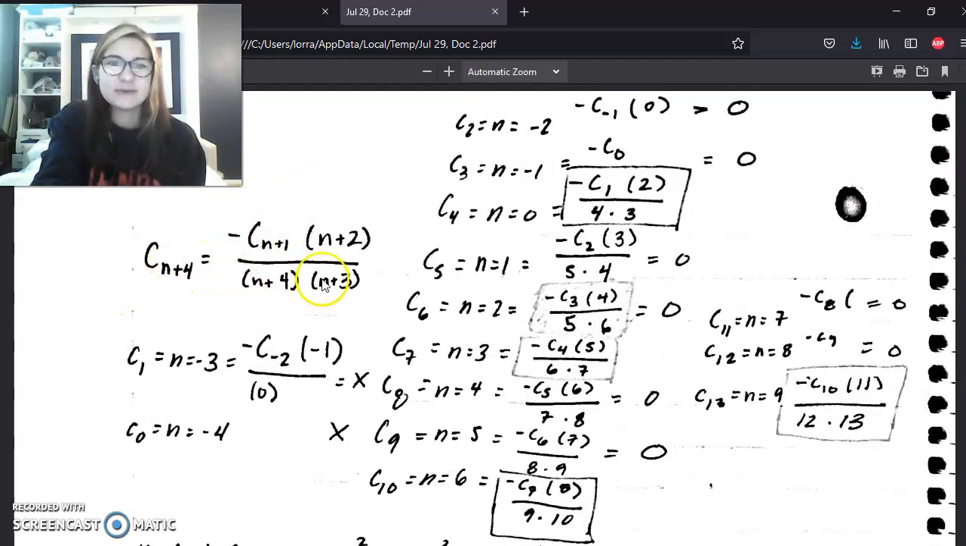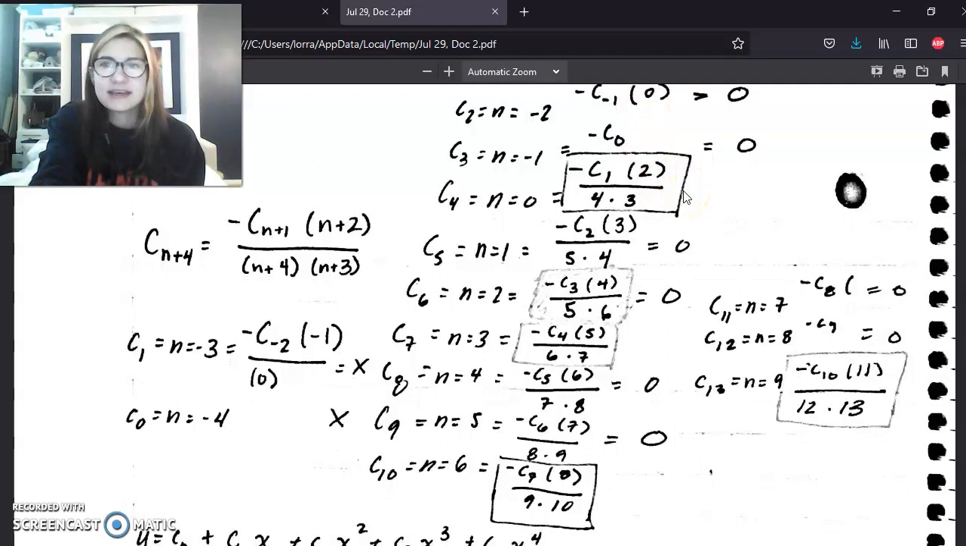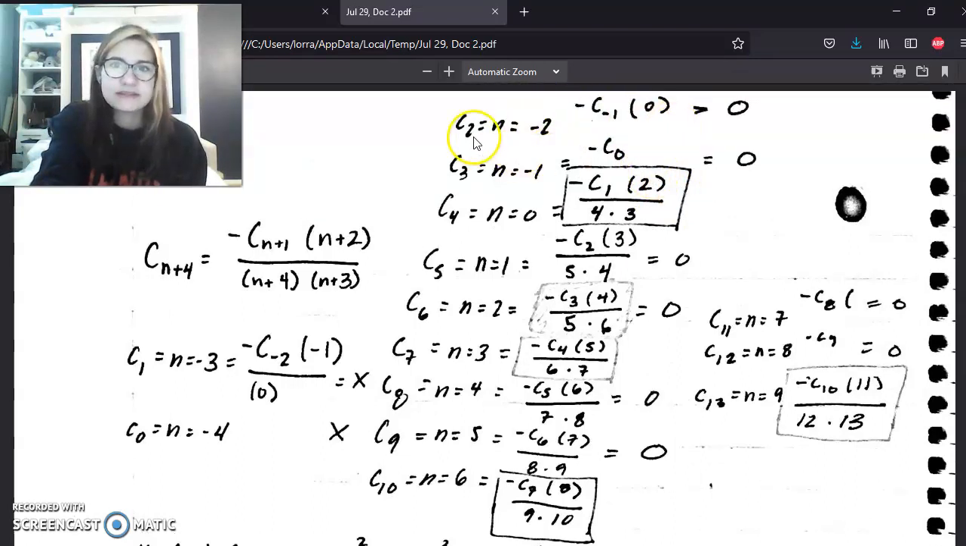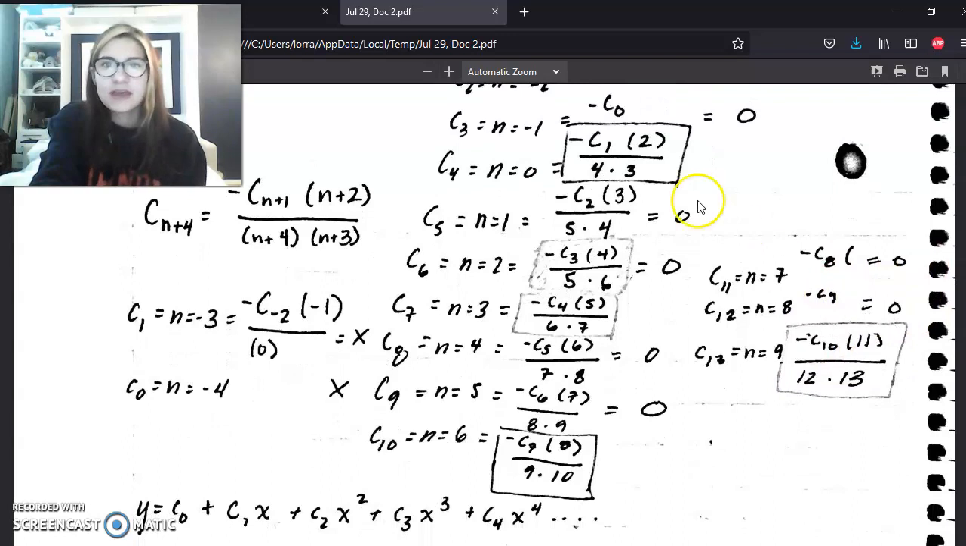So here's the c_(n+4), and then I substituted in n values such that I could see the pattern. Gonna be honest here, the pattern was not that clear to me, but we know that c2 and c3 are equal to 0. So anything with a c2 or c3 in it also has to be equal to 0. And that then goes for c5 and c6, so c5, c6 are equal to 0, c8, c9, sorry, equal to 0. And then you're just left with